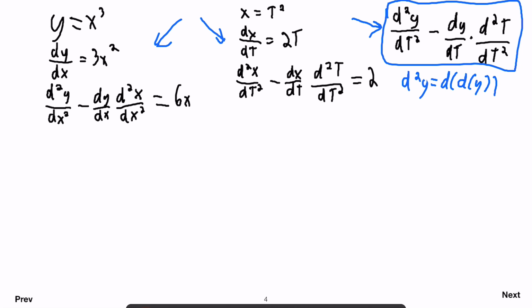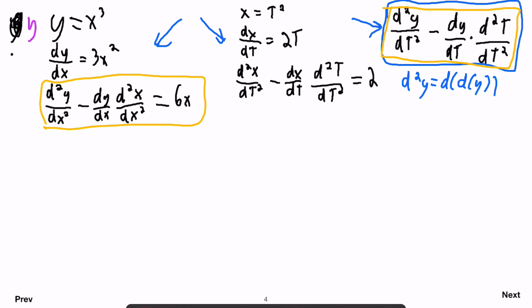Because going from this guy to this guy is actually really, really ugly. It works algebraically, but it's actually pretty ugly. The way that this works is, let me just write it in prime notation. So this is y, this is y prime, and this is y prime prime, and let's say this is x prime, and this is x prime prime. Okay, well the chain rule for the second derivative